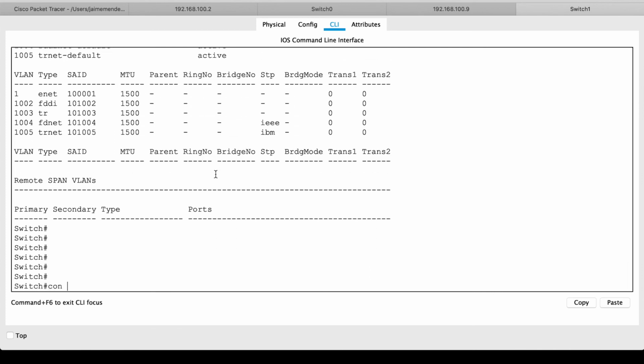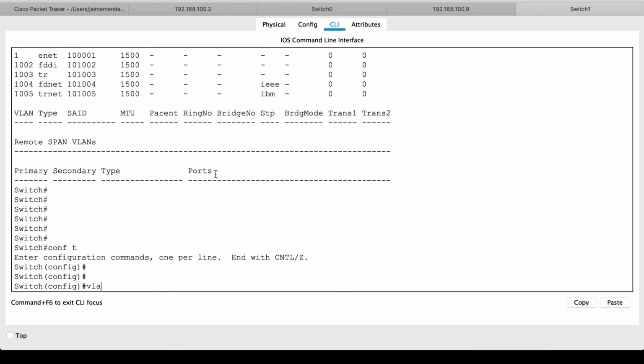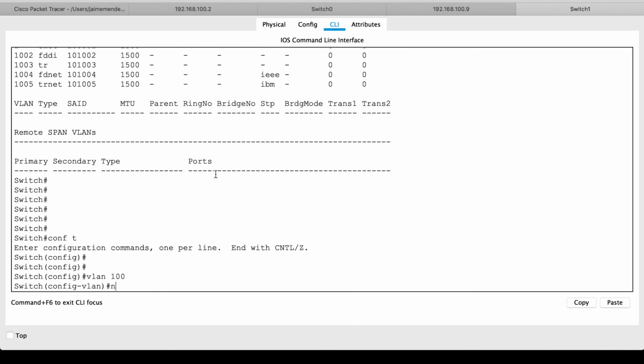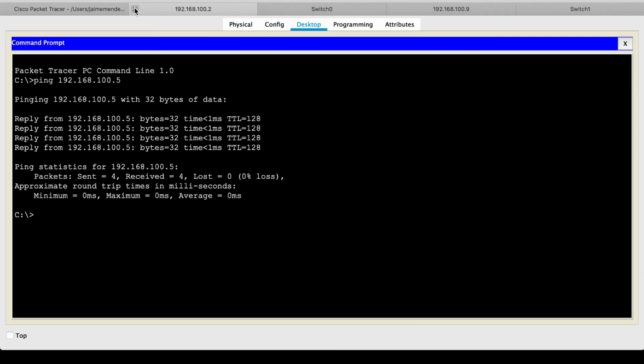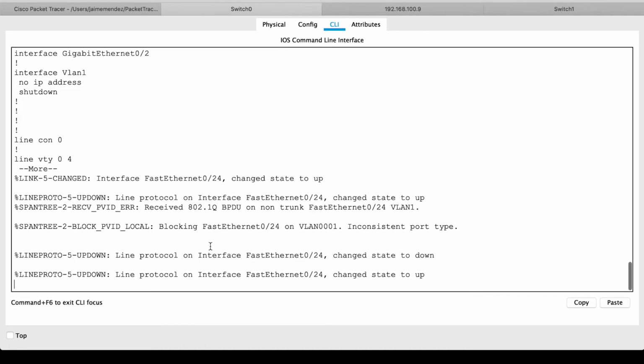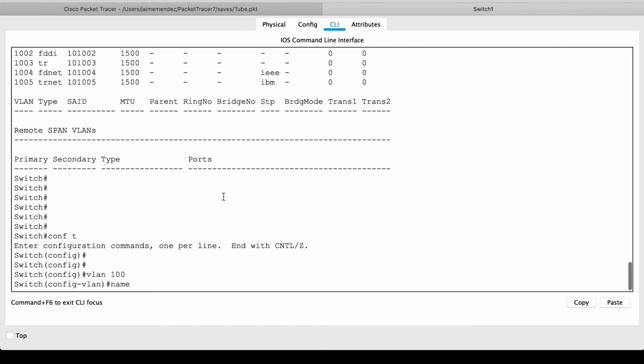So we go to conf t, configure terminal, we say VLAN 100, we give it a name. VLAN 100 was management. So we go to VLAN name, we'll say yeah, it was management, so MGT for management,